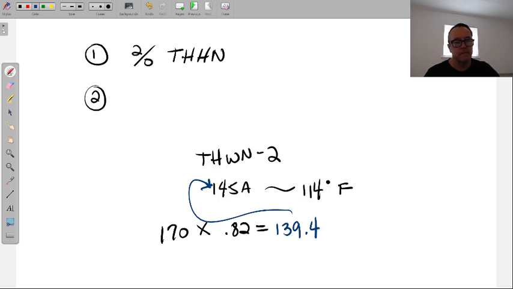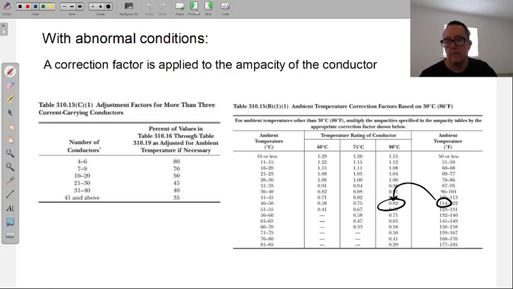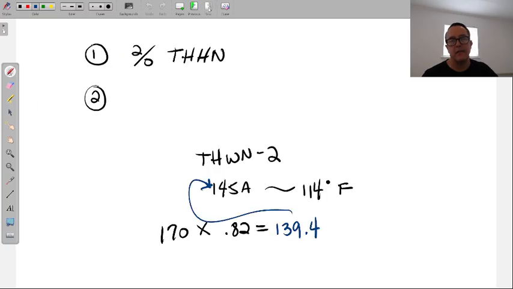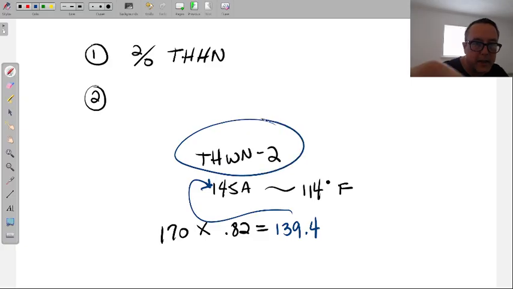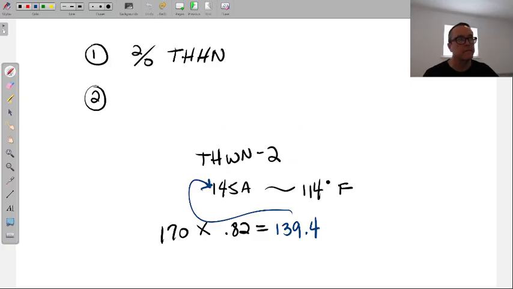Mr. Perez? Yes. For the 0.82, you got that from the first table, and then the 75-degree column? 90 degree, because the wire that we're being asked to select from is a 90 degree. We're being asked to select from the THWN2, which is a 90 degree conductor. Okay, so wouldn't that be 0.87 then, if that's the 90 degree?